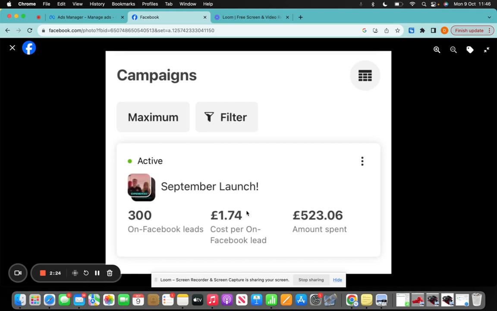A lot of people try and put a timeline in their heads, like, I'm going to stop this ad in 2 weeks' time. I'm going to spend exactly £300 across the next 2 weeks, and in 2 weeks' time, I'm going to stop that ad. That's the wrong way to look at it in my mind. I think that you should just consistently advertise, and when things aren't working, you should try new things.